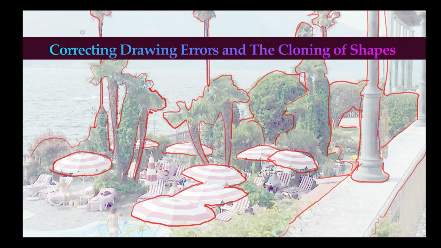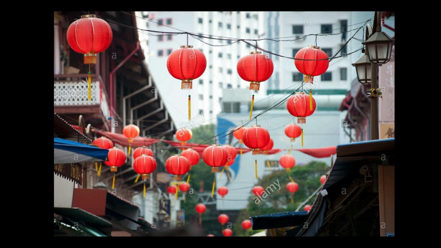So let's just talk about some things in general. Let's take a look at some various images. Some of these I grabbed off the internet, and for the most part, there's a lot of cloning that comes from man-made objects. Obviously, we can see all these Japanese or Chinese lanterns, and then we see in the background also windows that are cloned, and the spaces between them,